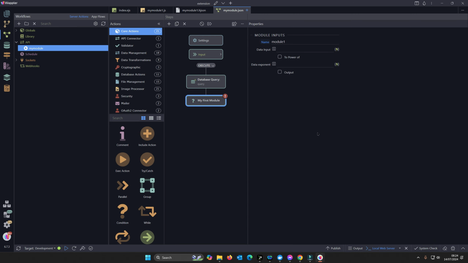Right, so our module now has our data input, and it asks for an exponent. So this doesn't seem to actually be doing anything at all, does it? And the reason why it's not doing anything at all is because we haven't actually told it what it needs